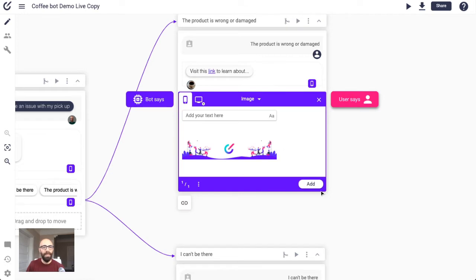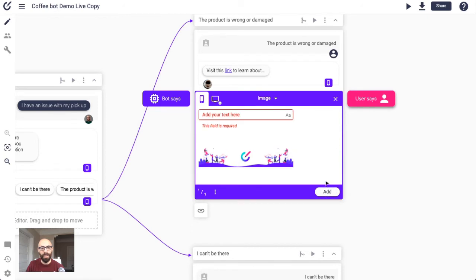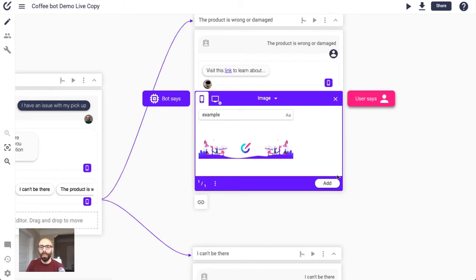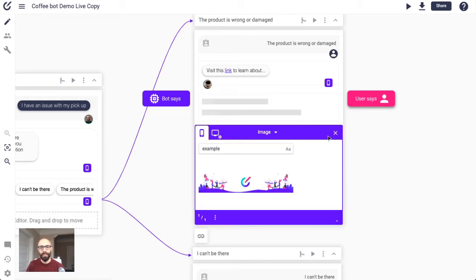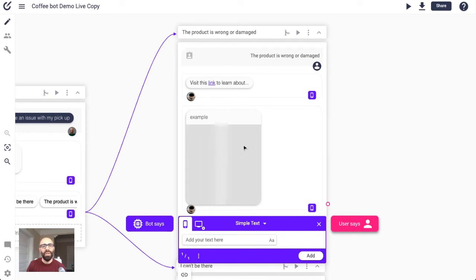Okay, so I'm adding this image. It doesn't really make sense in this design, but it's just to show you how that looks in the export. Okay, so I've added an image here. So now if I export again,